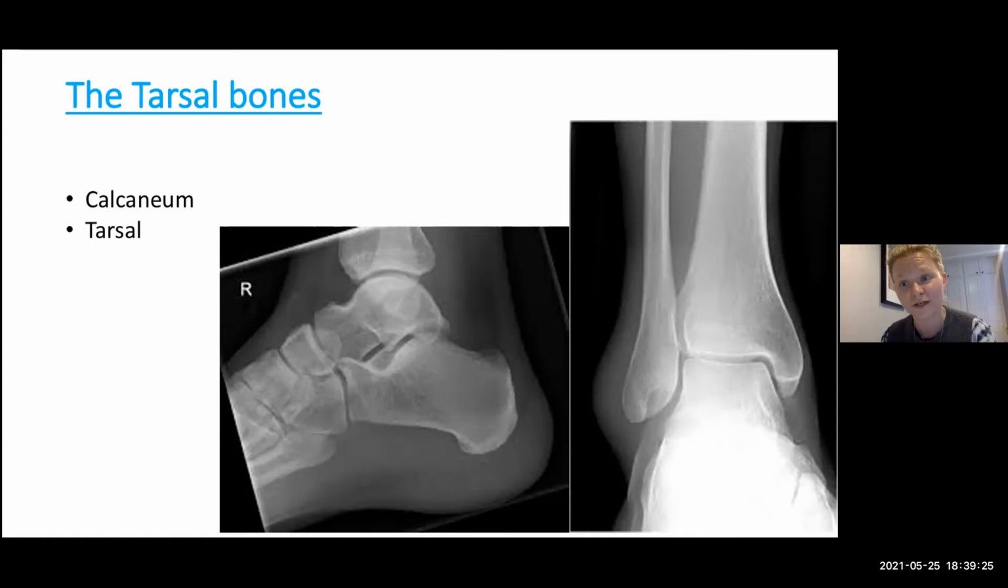Tarsals will often present with pain over the front of the foot,